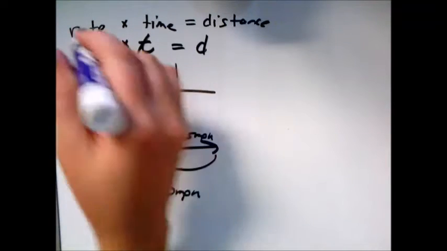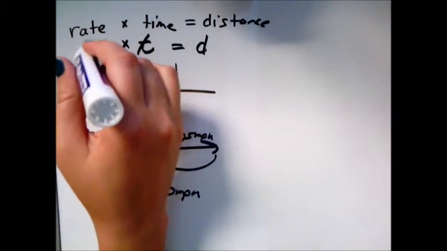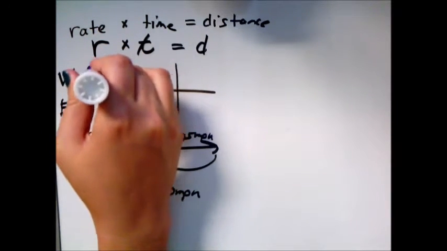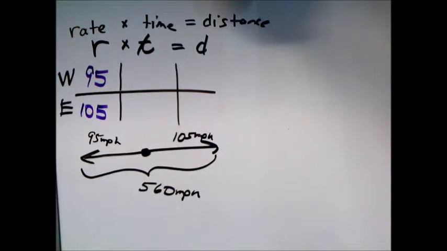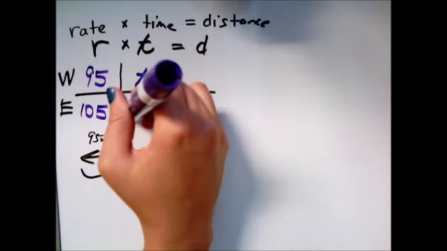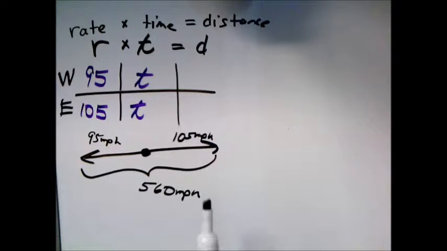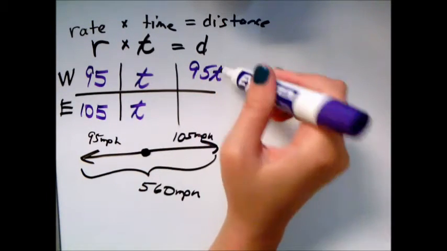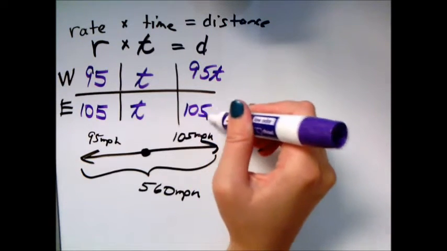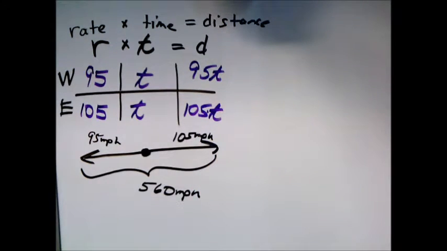All right, we do have two rates. We know the westbound one is 95 miles an hour, and the eastbound train is 105. So that's the rate or the speed. Now we don't know time for either one, but we're kind of in luck. We can use the same variable here because it says they leave at the same time. So an hour later, they've both been going for an hour. 2 hours later, they've both been going for 2 hours. What do I do with rate and time to get distance? I multiply them. So this is 95t and 105t. And I don't have to know what that number is, I just know that represents the distance of one train